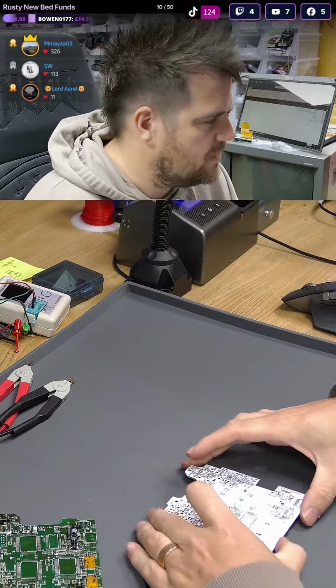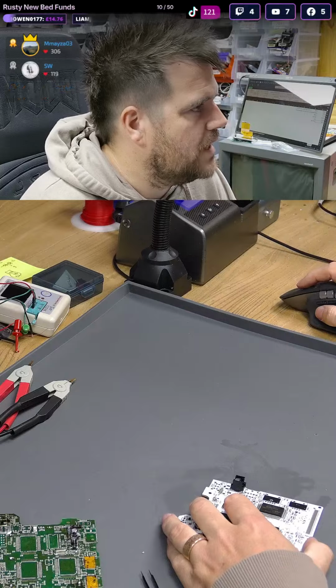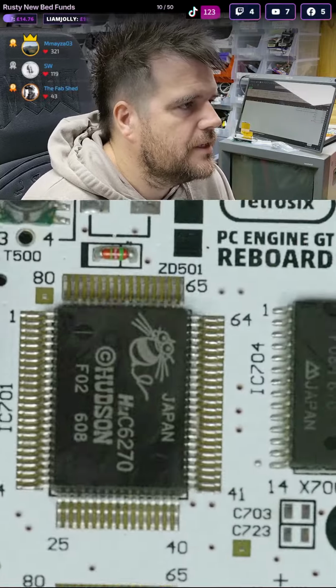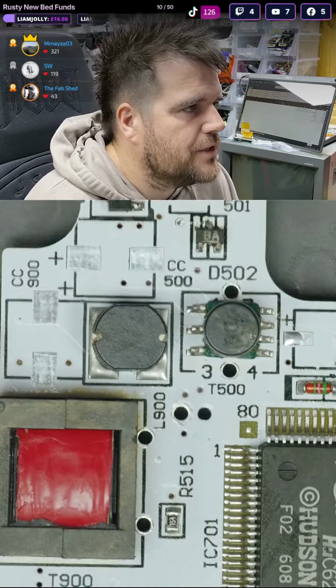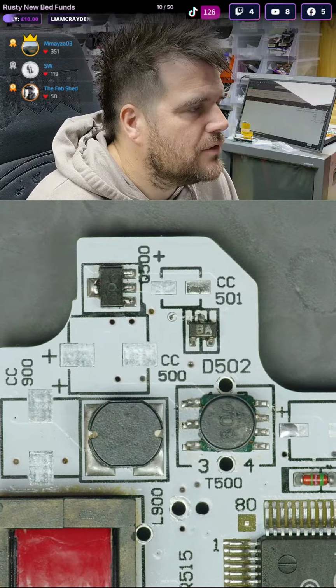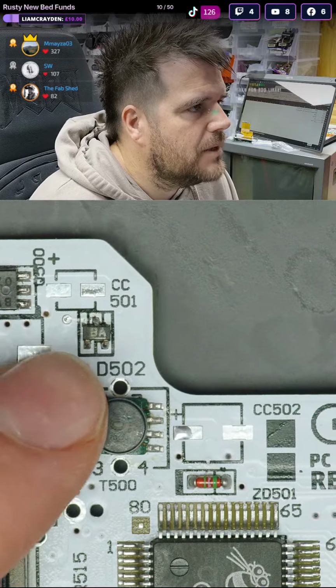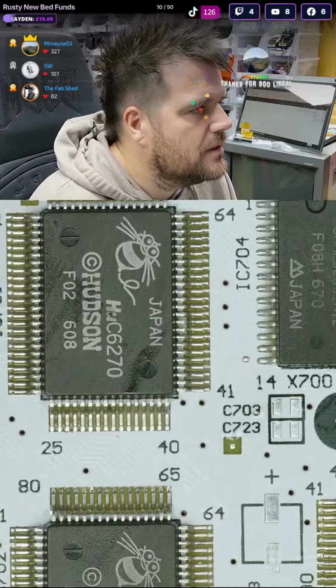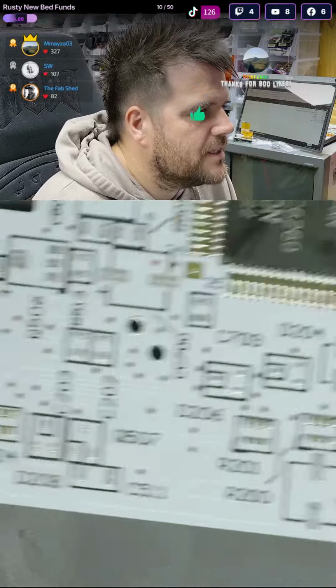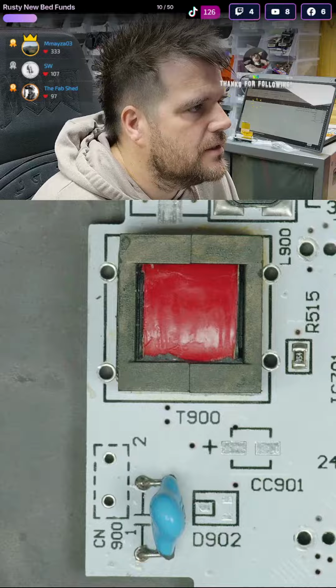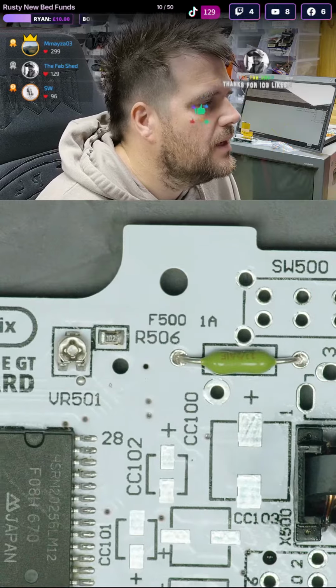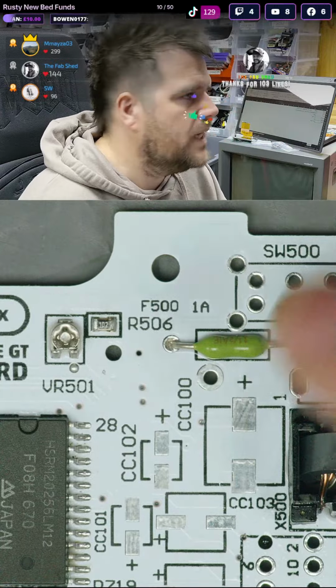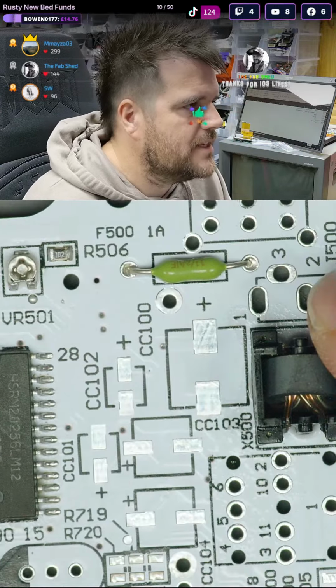We're trying to keep this almost, the goal is to make this almost like factory, so that when we finish working on it, it looks like it's been assembled at factory. So far, I think we haven't done a bad job. I think it looks nice and clean. Maybe it wants slightly moving to make you think it is factory, but yeah, I think it's going nice and clean so far. 506 we added, F500 we've added. Right, so in this area now,